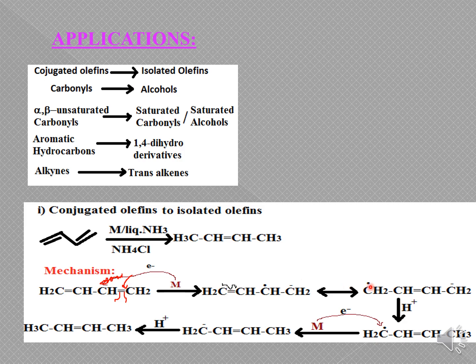After the anion formation, the adjacent double bond is present, right? So again there is a homolytic cleavage. When this cleavage takes place, you get one radical on your first carbon atom, and one more radical on the CH, okay. The CH radical present on the second carbon atom will combine with this radical. When it combines, this radical will go, and when it generates a radical, this will make the double bond over here.